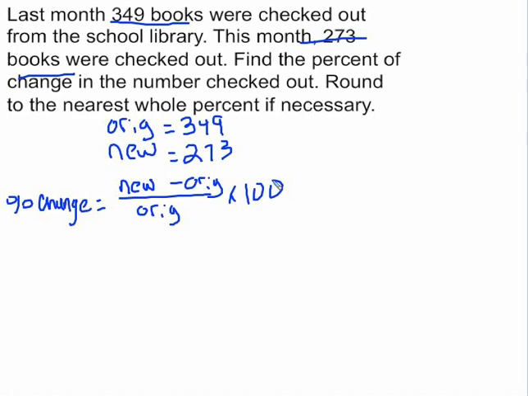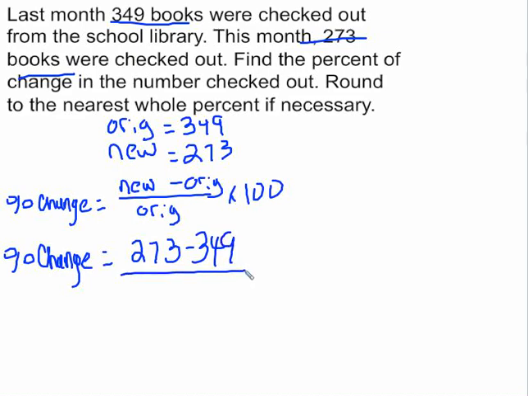So when I go to plug in my numbers, my percent change is going to be equal to 273 minus 349 all over 349